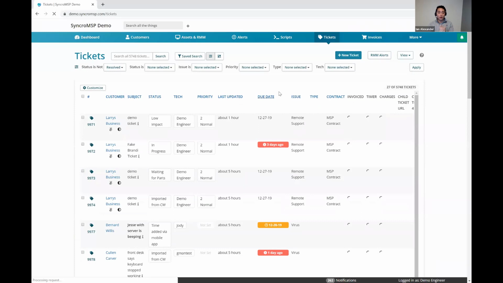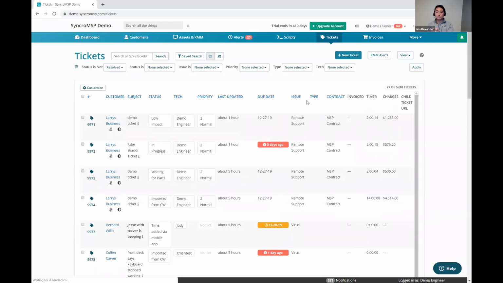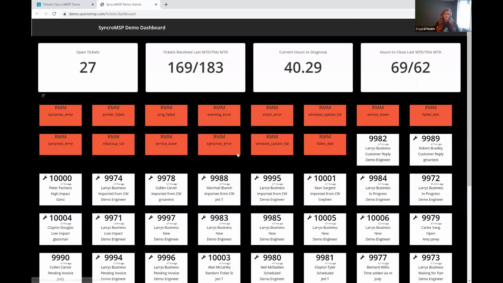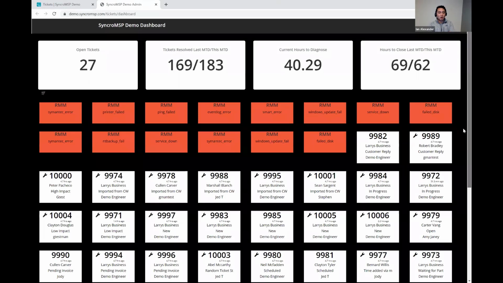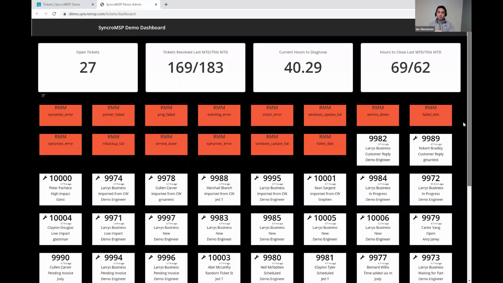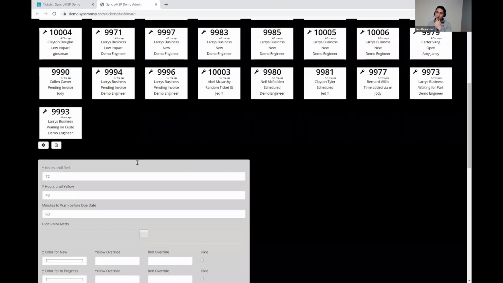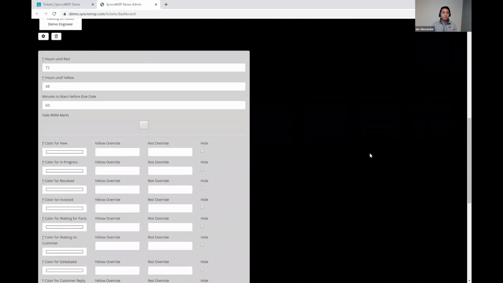One thing that you might like, if you're looking for that, is if you click View in the top right, there's the ticket dashboard. This has something really similar to that, and it's customizable. You can see how many open tickets there are and a list of all the different tickets. If you scroll all the way to the bottom, you can change the colors and what shows up. And you can publicly share this, put it on a TV or whatever you want. So maybe this will give you kind of what you're looking for. I guess we could make it so you could customize the number, but